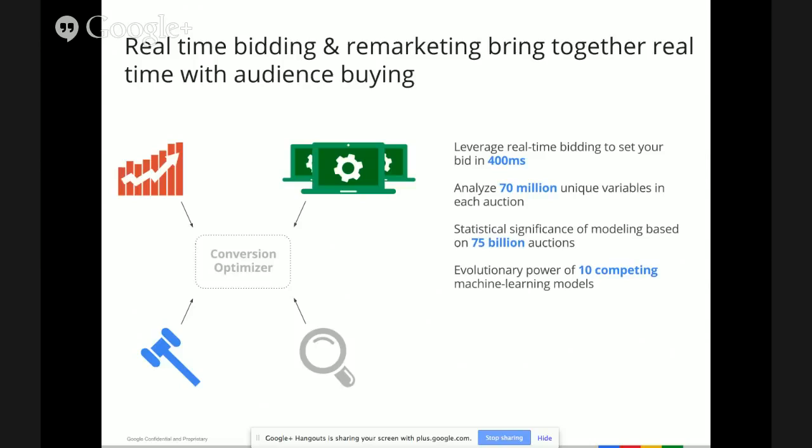We'll look at data such as where the user is located, what time of day it is, what day of the week it is, where your ad would serve, and even how recently the user has visited your site. And we do all of this within 100 milliseconds. Our prediction is really only as powerful as the sample data that we use to drive that prediction. With Conversion Optimizer, we're learning across billions of auctions on Google Search and the Google Display Network to ensure we're considering sufficient data to make our predictions accurate. Additionally, Conversion Optimizer is by no means a static bid model. We're constantly testing new signals and new models to get better at predicting conversions.